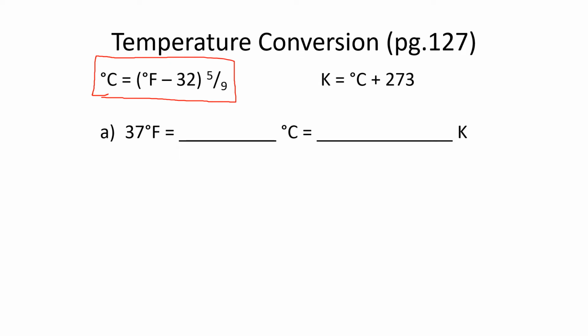So you are given an F value. Anywhere you see an F, guess what? You're now going to plug in that numerical value. So here we're solving for C. So just rewrite the equation, this time with 37 in for F. So for A, A would be 37 minus 32 times 5/9. So that's just 5 times 5/9, which equals